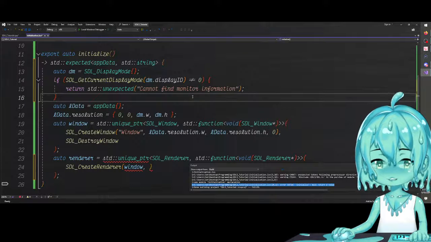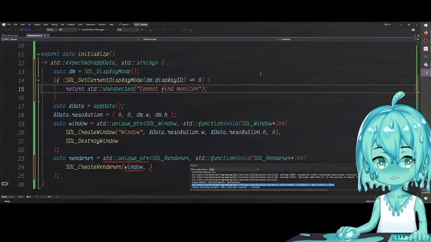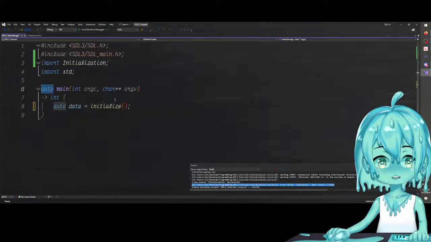Maybe something like that. How about this, "cannot find monitor"? Maybe that's a better way to put it. So anyway, we're going to return that string. And then what we're going to do is,